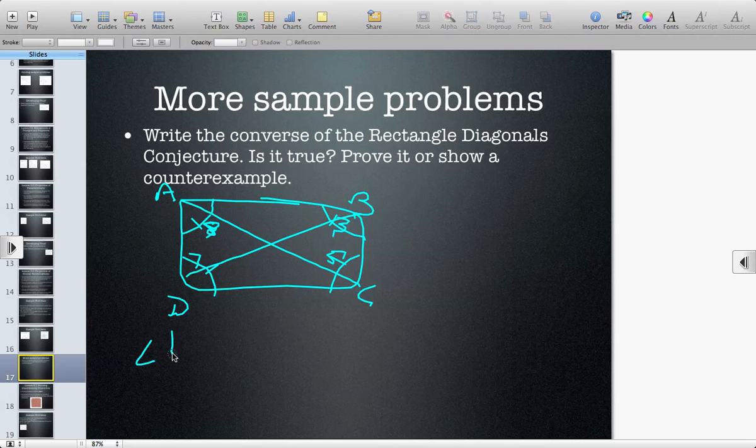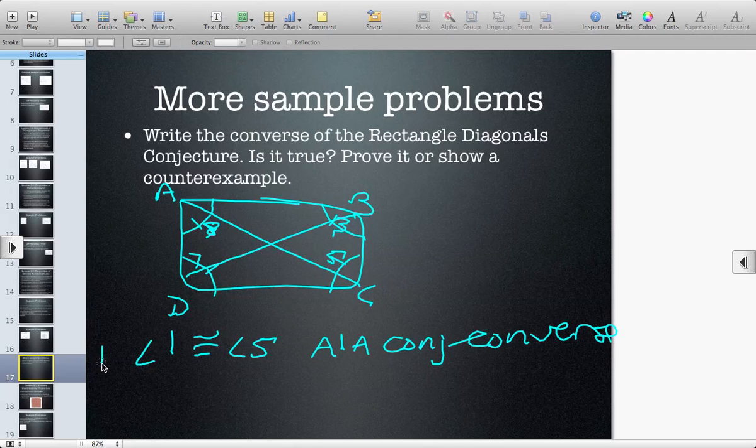So if angle 1 is congruent to angle 5, well, we already proved that way back in the beginning anyhow, but we can also say, because of the converse of the alternate interior angles conjecture, then if these angles are congruent, which we proved in the previous step, then that means side AD is parallel to side BC. And the same thing, if angle 3 is congruent to angle 7, which we proved in the previous slide, then